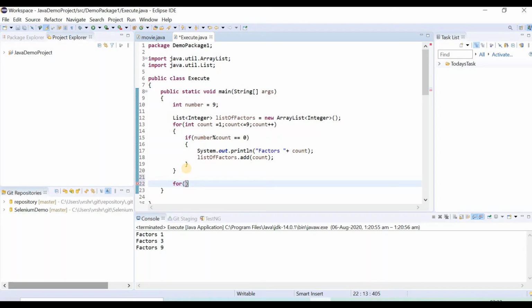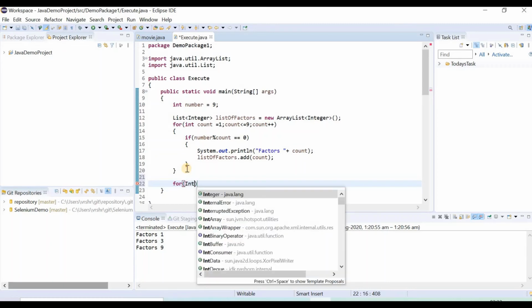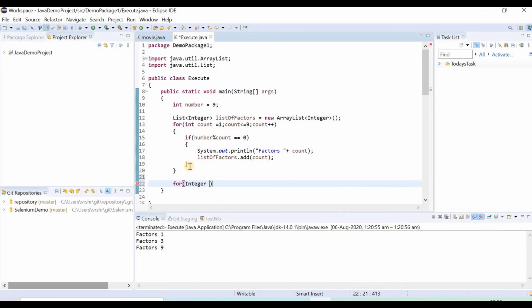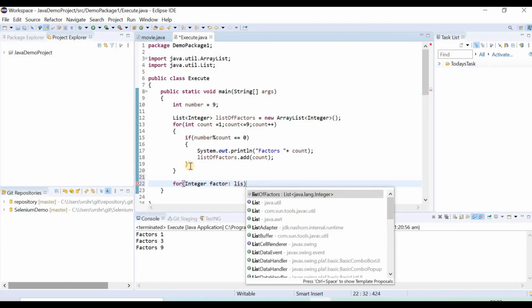We are going to use a different kind of for loop. And since this is a list of integers, we are going to use Integer and write it as factors and pass the list of integers over here.